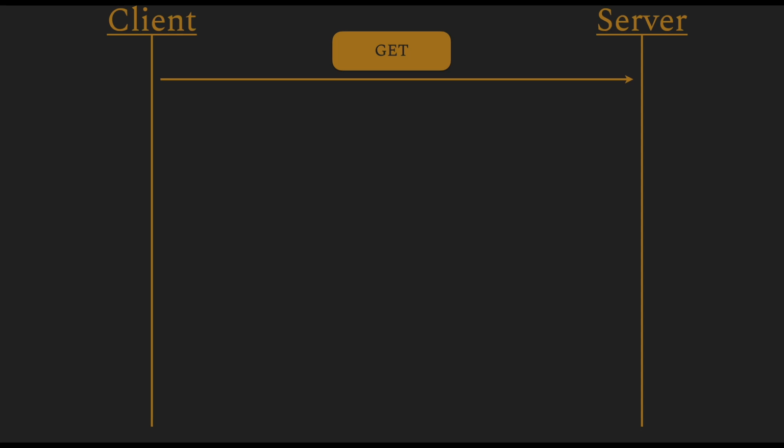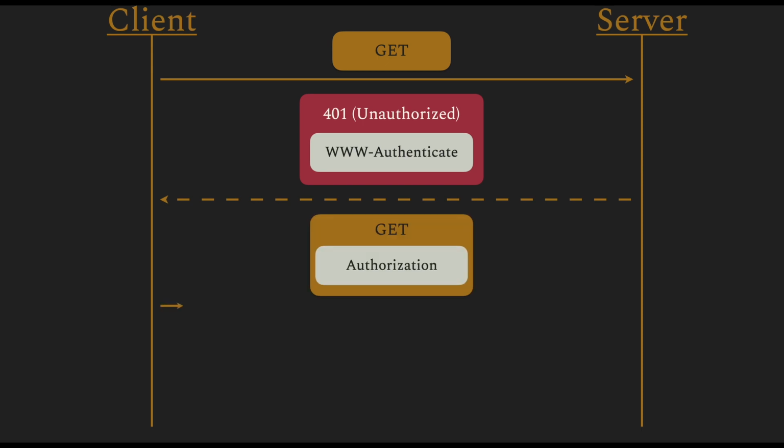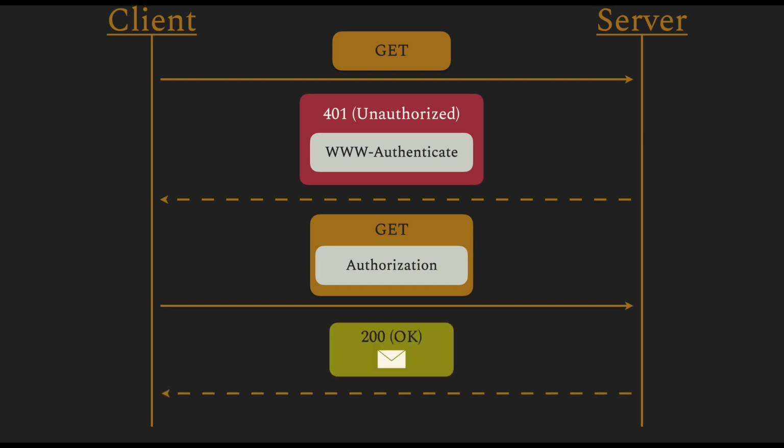The client sends a request to get some data, for example. The server returns a 401 unauthorized message with a special header called the WWW-Authenticate. This header describes what authentication is expected by the server. The client repeats the request, but this time adds a special header called the Authorization header, which contains the expected authentication value with some additional parameters. If the authentication value is accepted by the server, the requested action is allowed, and in this case, the data is read back.